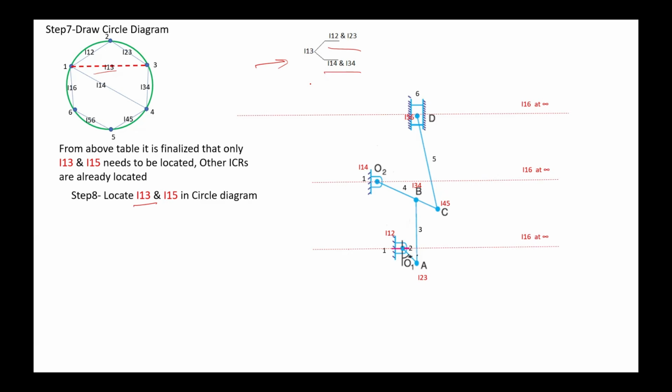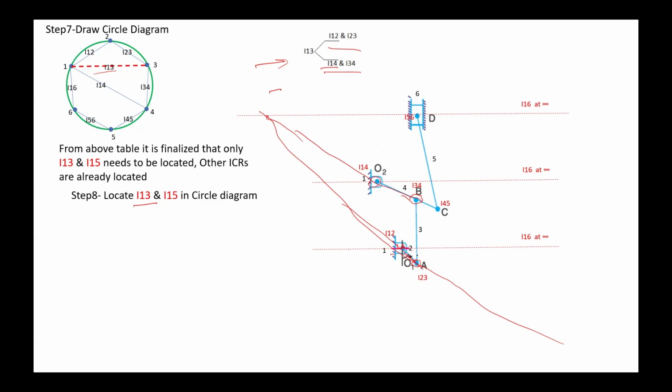So now you have to look at that. Where is the I12? I12 is this ICR. Where is the 23? 23 is this ICR. In line with this, your ICR 13 will come as per Kennedy's theorem. Now, the second triangle says I14. Where is the I14? Here is the I14. And I34. I34 is here. So this line of I14 and 34 and the line of 2, 3 and 1, 2, where it will join,